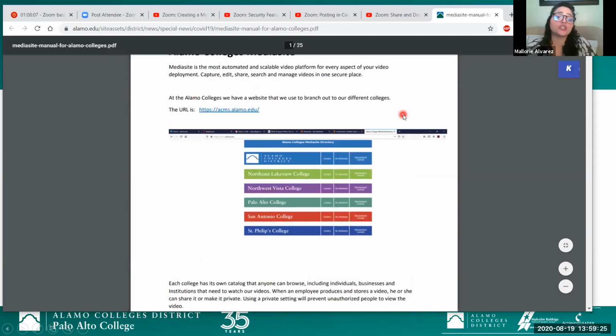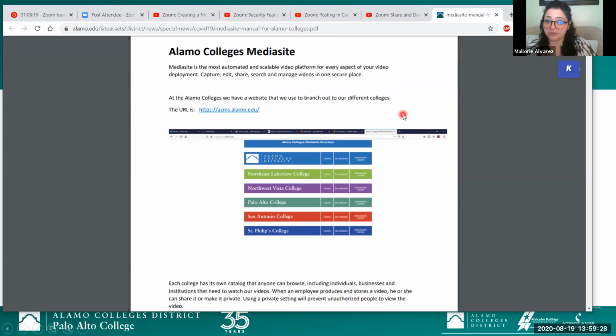Now, if you are logged onto your MediaSite after you follow these steps and you are still unable to upload a video, then you need to reach out to IT support, because someone in IT support needs to go into your account and click a few buttons. I don't know why that is, but some instructors are saying, I logged on to my MediaSite account, but it's not letting me upload anything. Why is that? If that's the message you are receiving, then you need to contact IT support, and they should be able to fix those permission roles in your account.